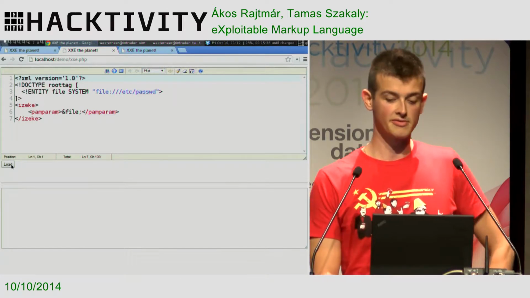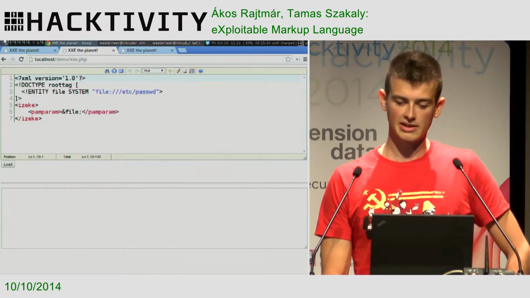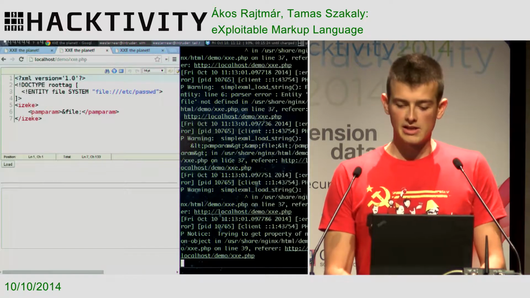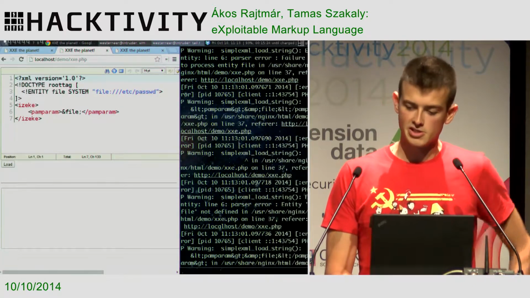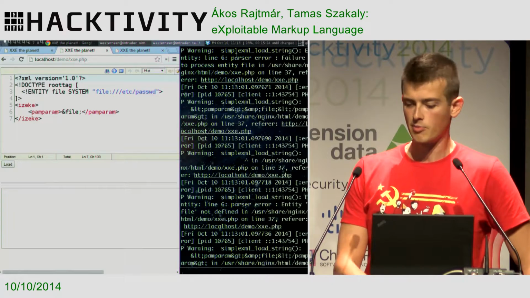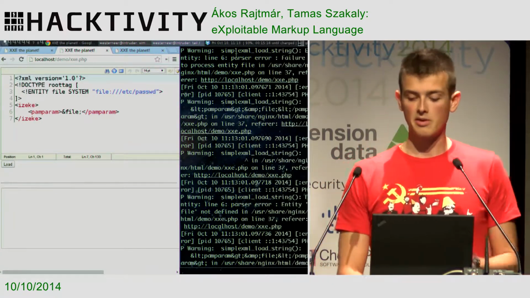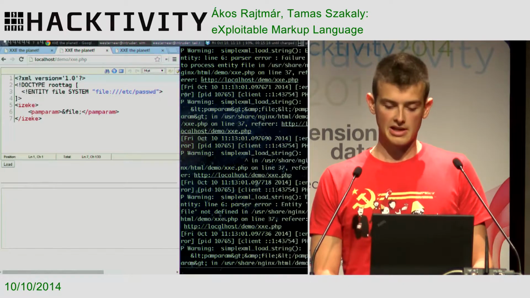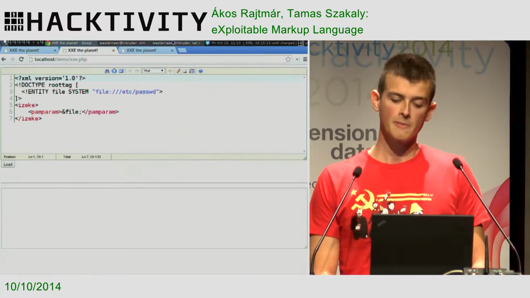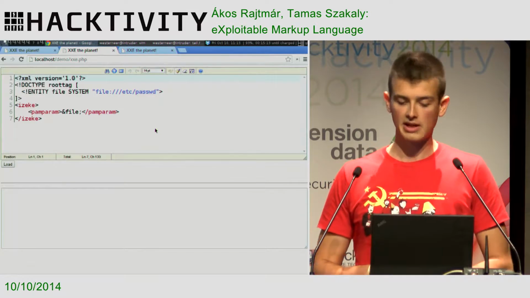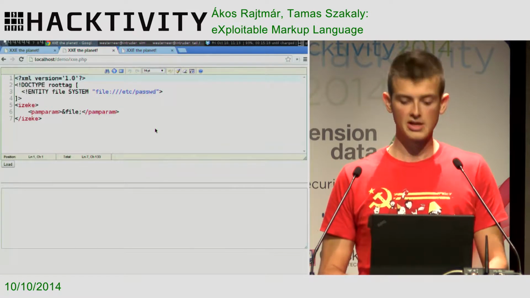Nothing happens. This could be a demo effect, but let's look at what is happening in the background. This is the log of my Apache server, and it is full of error messages issued by the XML parser. This is because there is a special character in my password file, and when it tried to display it, the XML parser